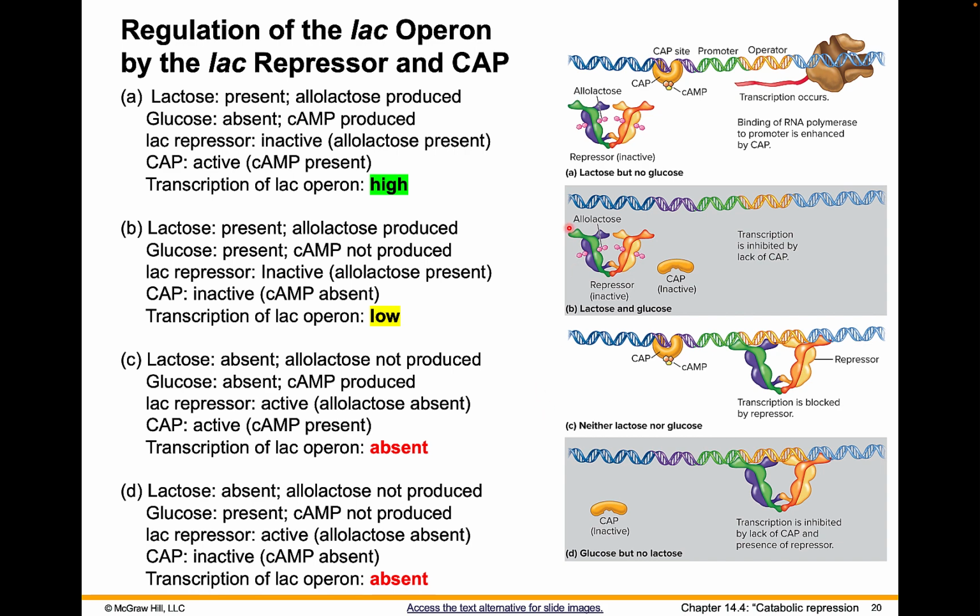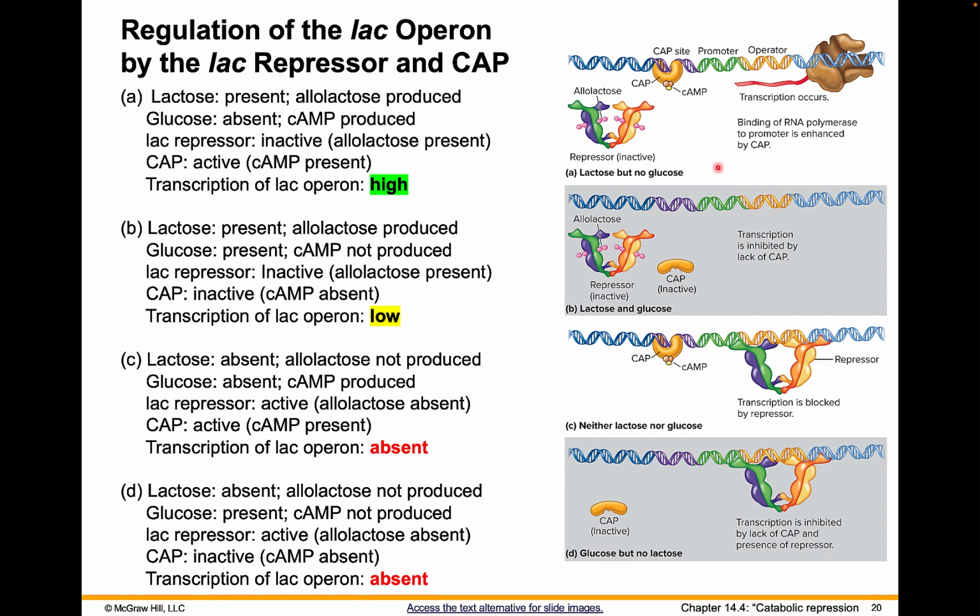So now we are looking at what we already learned, what the lac repressor and the allolactose are doing. But now we will concentrate on the CAP site, which is the catabolite activator protein binding site, or activator site as well. So there are 4 scenarios that can happen in here, and I'm going to describe them through the picture. So here in this case, there is lactose present, but there is no glucose in the environment. So as an energy source, the E. coli has to depend only on lactose and break it down to galactose and glucose and get the glucose for the